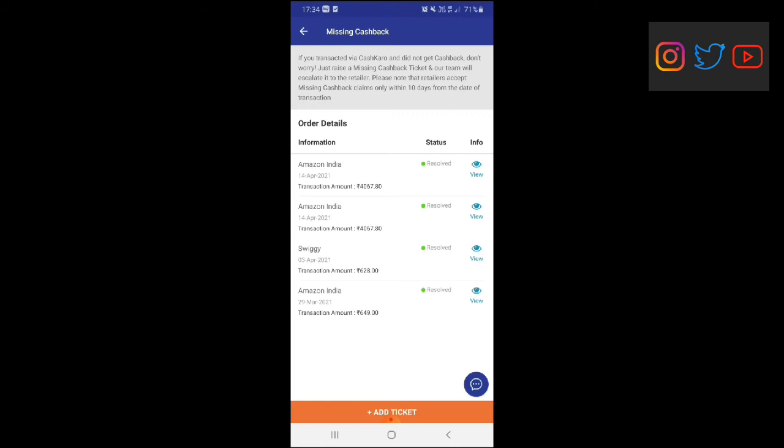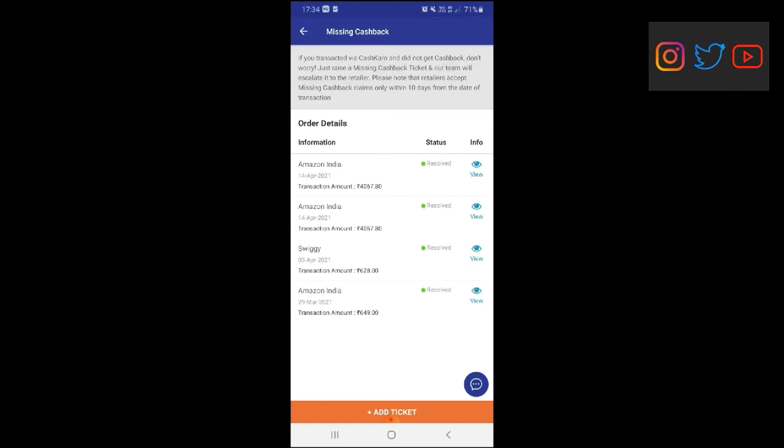If not, there can be chances, because for most of my Amazon products I didn't get a cashback at the right time, so I had to raise a cashback ticket. So make sure you're on track and you raise the ticket on time. Okay, you shouldn't get delayed by 10 days. Within 10 days of your purchase, you have to go and raise a ticket if you didn't get the cashback. Okay, so here I got so many issues resolved, that's why I can see this page.